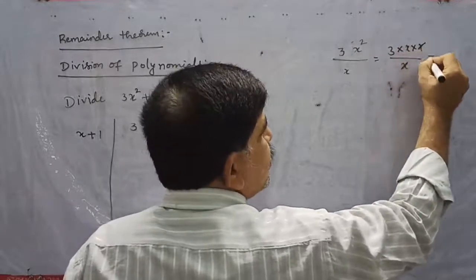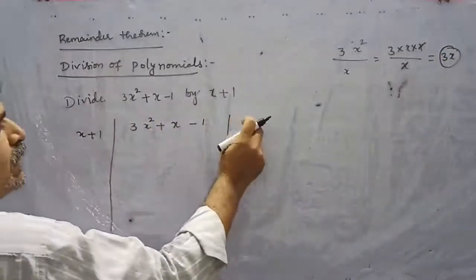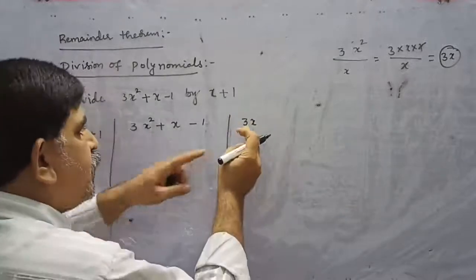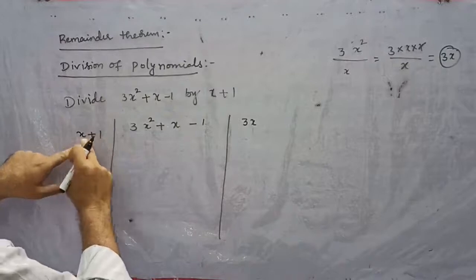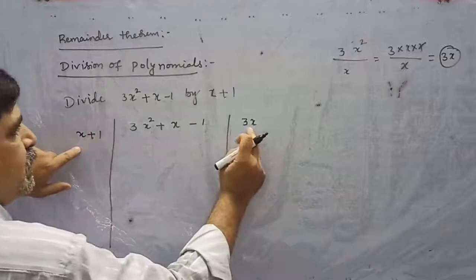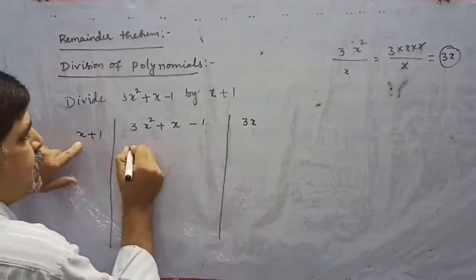X gets cancelled. What is the remainder? 3x. So this 3x is the quotient. Okay, you write this 3x here and you multiply this 3x with this divisor. So whatever value you get, you write that value here. Right. Now first one, 3x into x, 3x square